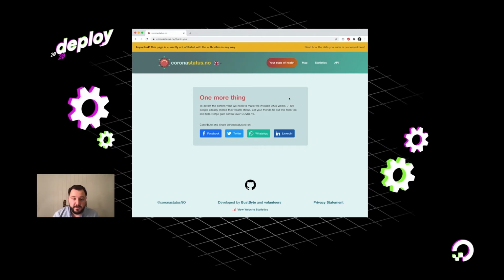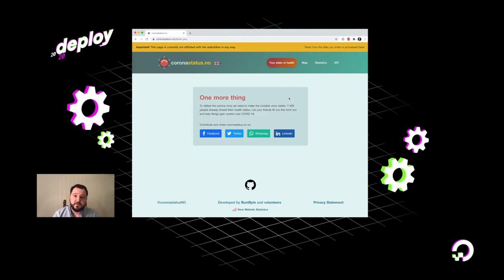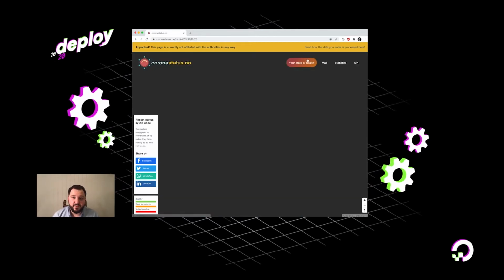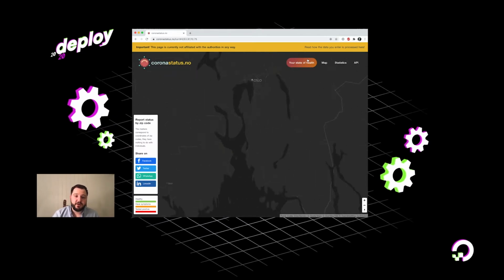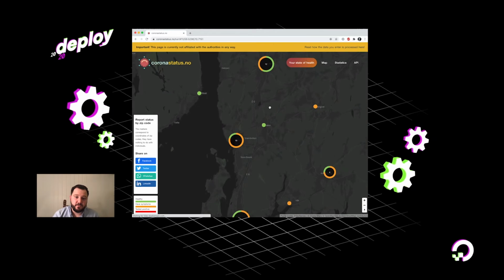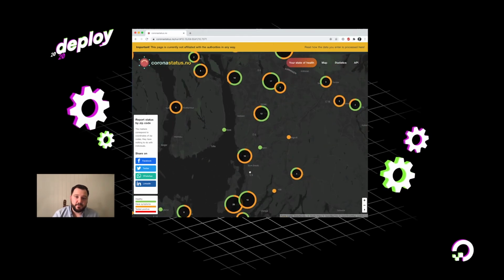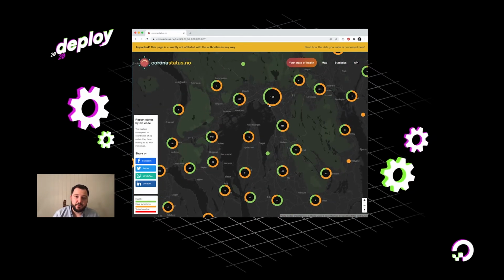And what's cool about this is that when we've gathered enough data, we can start to visualize that data. So we have this one visualization, which is on a map. So here I'll be zooming in to where I live, and I can also explore how the capital of Norway is doing.